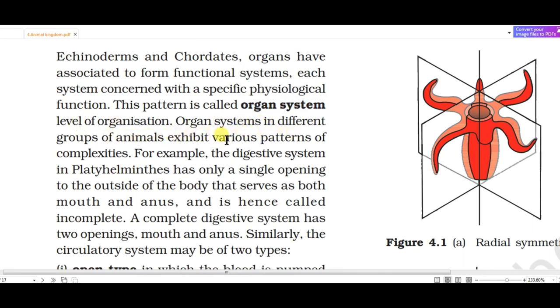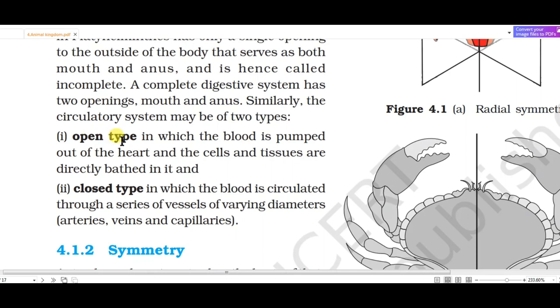Organ systems in different groups of animals exhibit various patterns of complexities. For example, the digestive system in Platyhelminthes has only a single opening to the outside of the body that serves as both mouth and anus, hence it is called incomplete. A complete digestive system has two openings, mouth and anus. Similarly, the circulatory system may be of two types. Open type, in which the blood is pumped out of the heart and the cells and tissues are directly bathed in it, and second, closed type, in which the blood is circulated through a series of vessels of varying diameters,